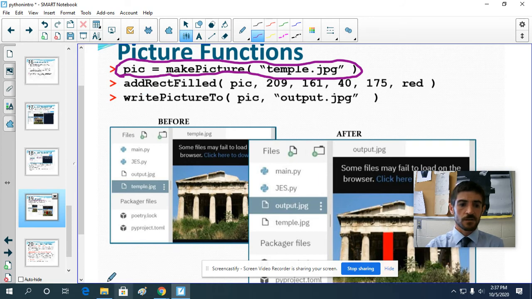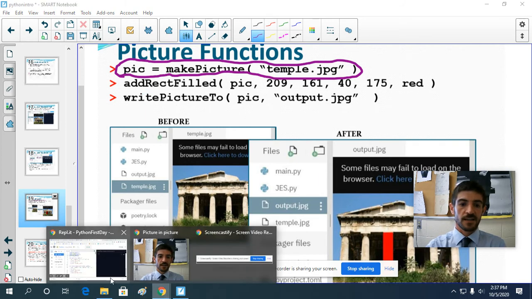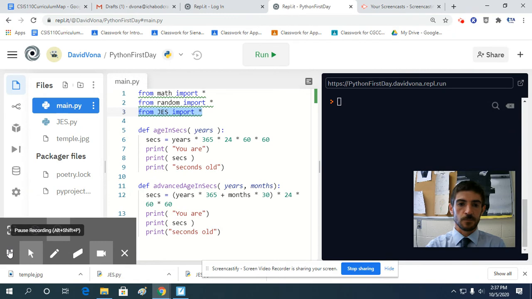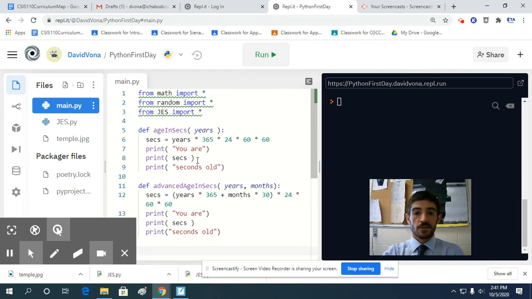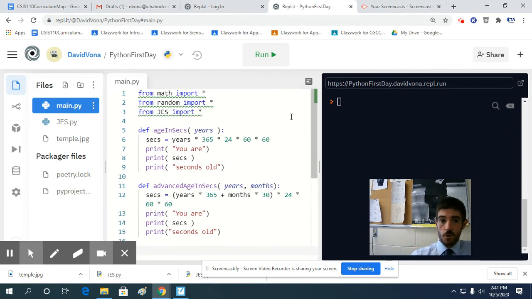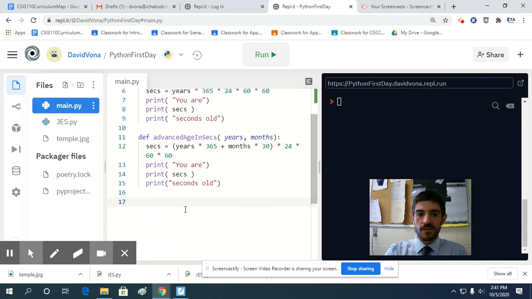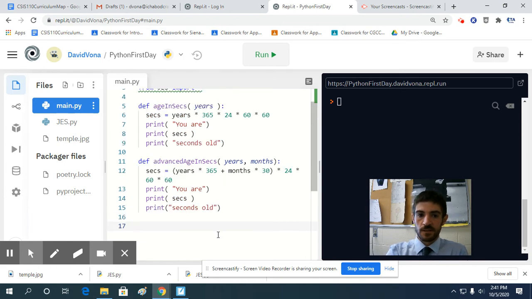All right, so let's take a look at this for a second and see what these actually do. Okay, so I could write this code either in the console window or in the editor window. If I was going to do it in the console window, I would just type it in one line at a time, but I'm going to put it over here in the editor window and then have it run all at once instead of doing it one line at a time. So I'm going to start with pic